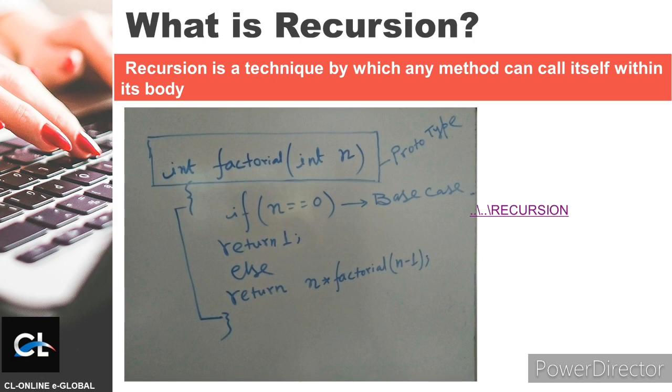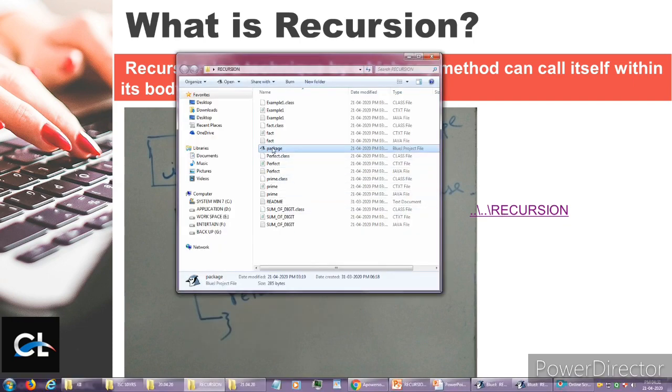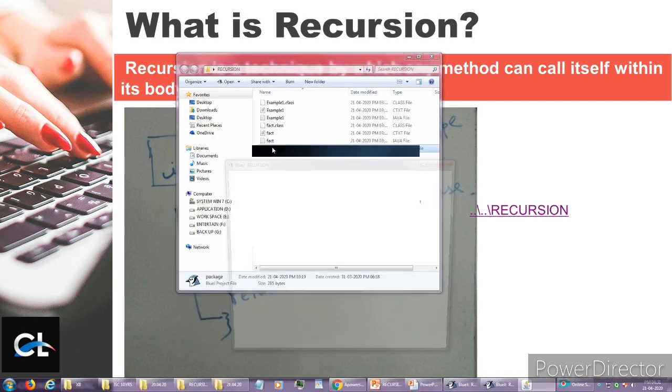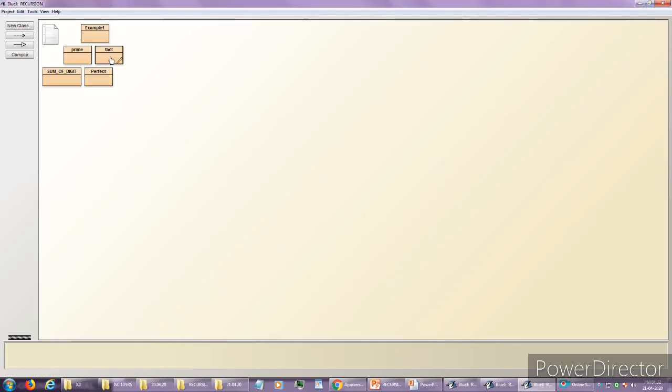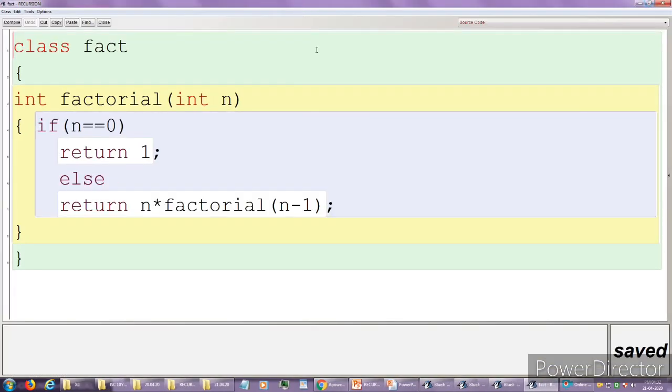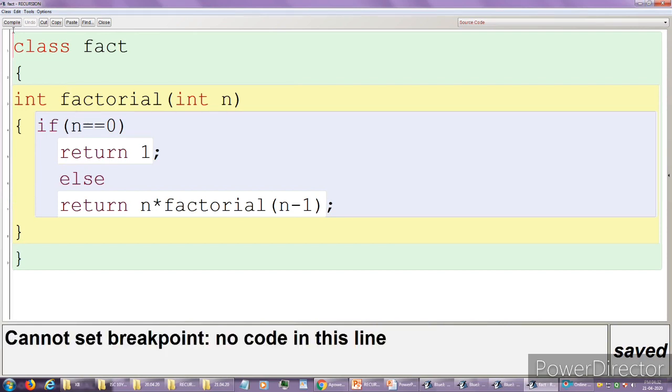So let me explain this program with the help of Java. The same code is written here. Now to explain this one, suppose in factorial(int n), I set a debugger here after compiling it. Class compiled, no syntax error.